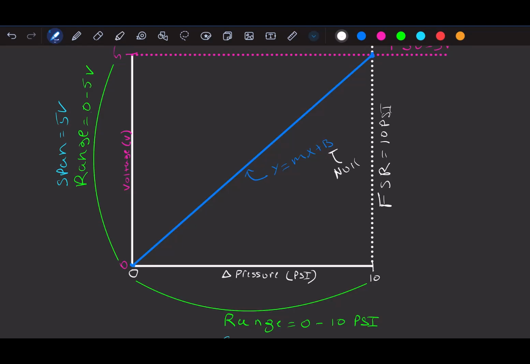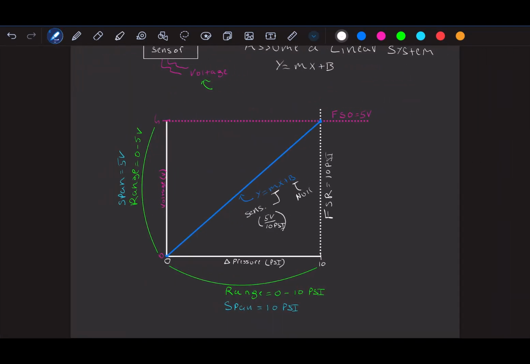The other special thing we have here is m, which is our slope, and every time you see slope, you should think sensitivity. In this case, we can easily find our sensitivity. That would be just the simple slope formula that is rise over run, or our 5 volts divided by our 10 psi. And this is an important set of information and really, honestly, everything we need to know to characterize this